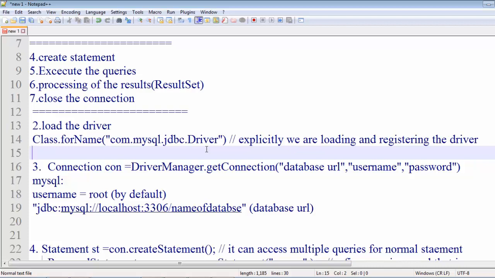If the connection is not established, then obviously it will result in an error, the connection will be null, and some exceptions will be raised.